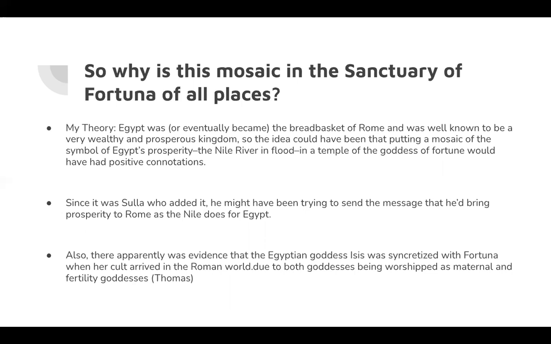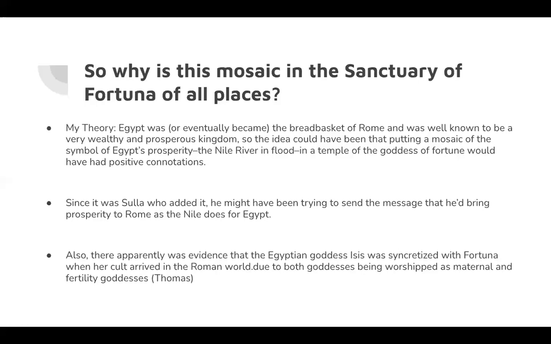The Nile River in flood would make it accessible to the Mediterranean, while also basically rejuvenating the farmlands within reach of the Nile's flood area, which was why it was so great for growing things like grain. So this is a lot of preamble to say that because Egypt eventually became the breadbasket of Rome, and